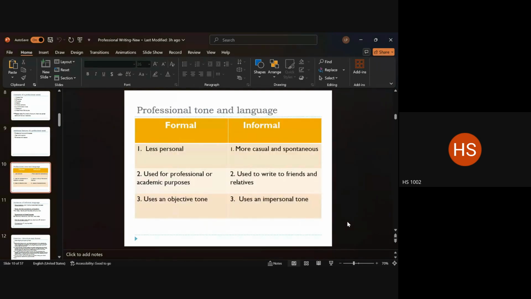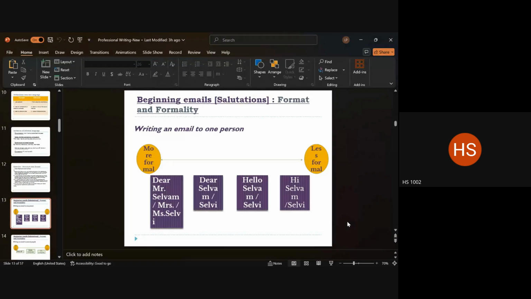We'll go to the first thing, which is the greetings part, or what is also called the salutations. So we are going to look at both the format of writing the salutation as well as how you write it when you are writing in different formality levels. So on your screen, you see that there is a range of options that's given to you, beginning from the more formal to the less formal range, right? So the more formal, or what I also call the most formal way of beginning an email, right?